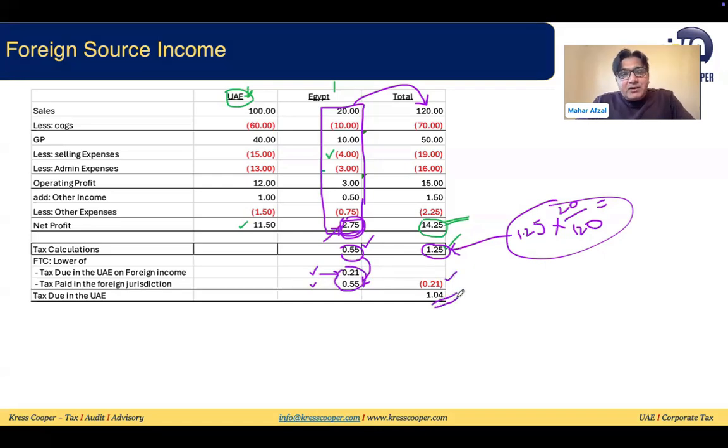Here, I have gone to the double tax treaty of Egypt, and based upon the double tax treaty, this restriction is still applicable, which is a maximum of 9% of your taxable income. You cannot claim anything more than 9% of your taxable income. So 100% of the tax you have paid in Egypt is not allowed in the UAE. So this is called foreign tax credit. This is called calculation of taxable income. For foreign tax credit, we will be looking through some more provisions.